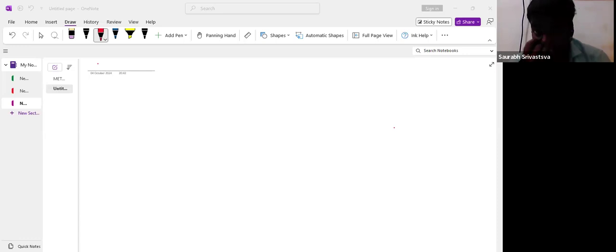Actually, in the periodic table, overall 118 elements are there, and they are classified into different types. The first one is metal, the second one is non-metal, and the third one is semi-metal. The fourth one is noble gas. Actually, noble gas also comes under non-metal. So these are the three categories: metal, non-metal, semi-metal. Semi-metal is nothing but metalloid.